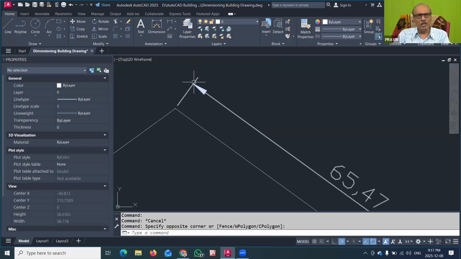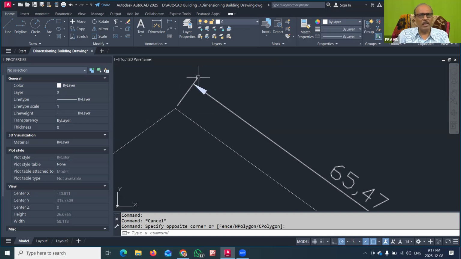And then this is one of the lines, which is the extension line. Extension line means our dimension point is this one. So this is the actual original dimension point. But here I have to show this line, which is perpendicular to this object. So a line perpendicular to the object is called the extension line.